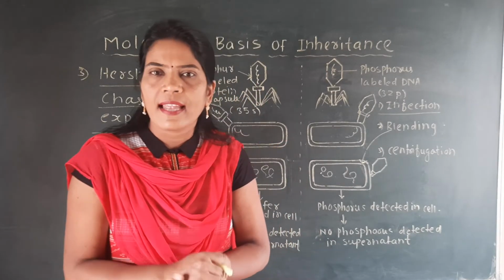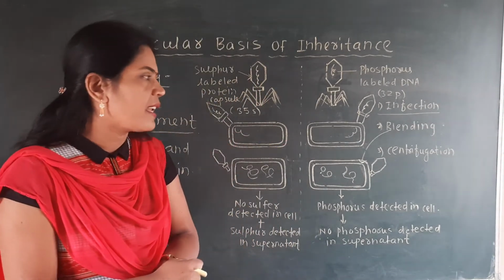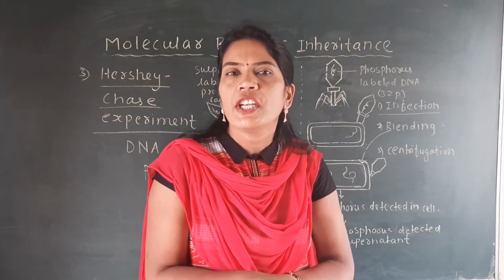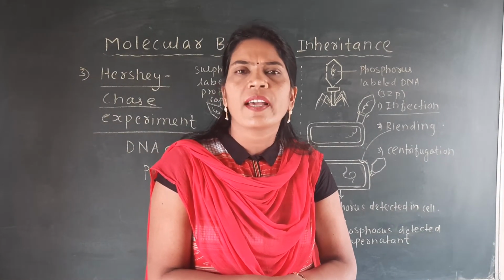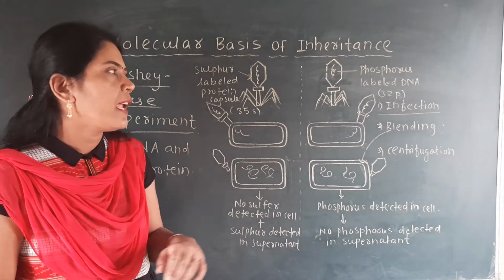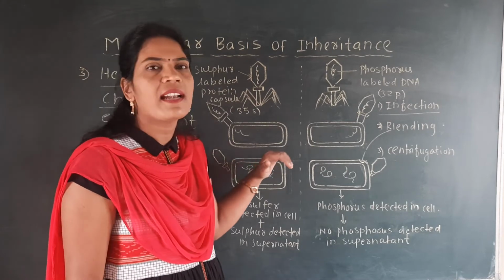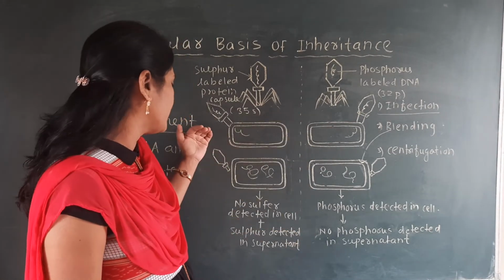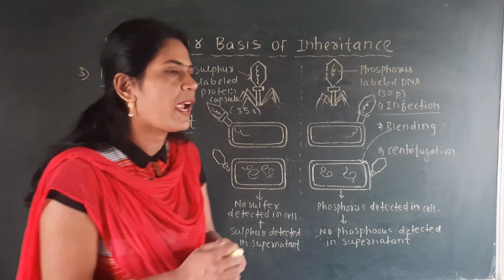Again, if you do not understand the same experiment, you can call me, I will explain individually, because these experiments are very easy, but they have different steps, that's why some students can't understand